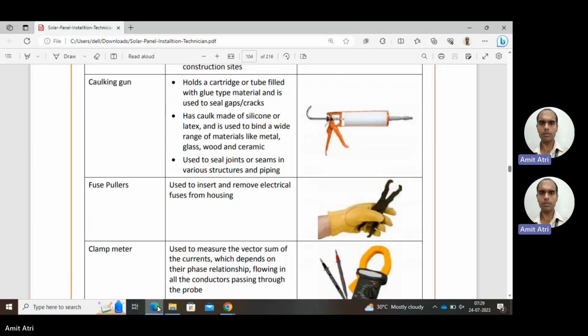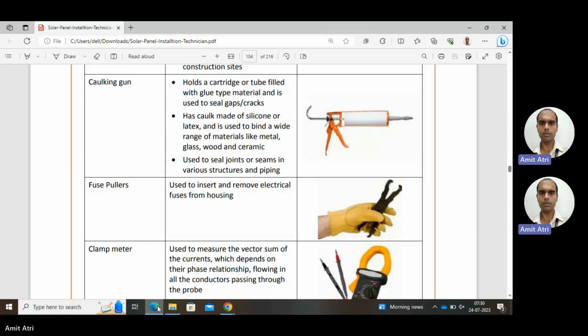Now caulking gun, yeah, from this a tube. In the image we can see a small tube that is fitted, and using a press mechanism, we press it and the material comes out of the nozzle from the top of that bottle. So it is most commonly used in glass work in houses. We have seen window frame glasses we want to fit on the metallic window frame. There we use this type of